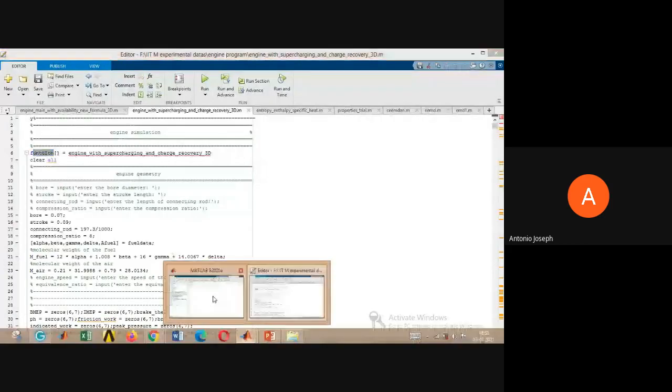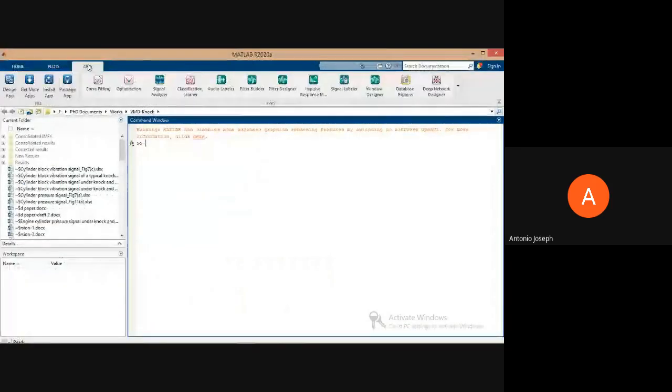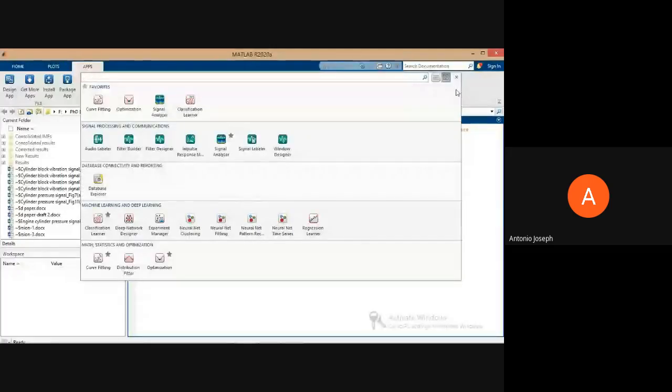And then we can see the apps. In the package that I had already downloaded for my specific purpose, I don't need all the packages. I downloaded only signal processing and the basic machine learning things. So these are all the available packages in the app installed in my computer.